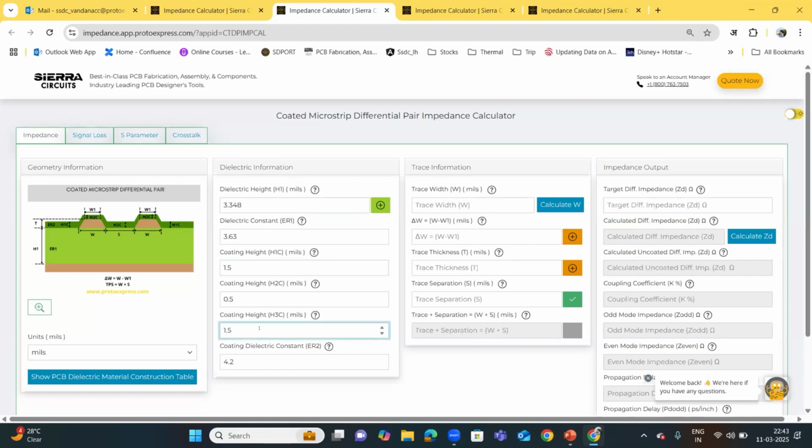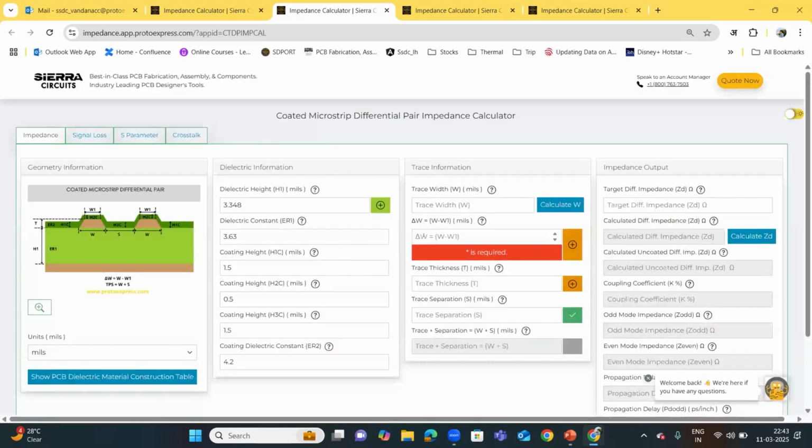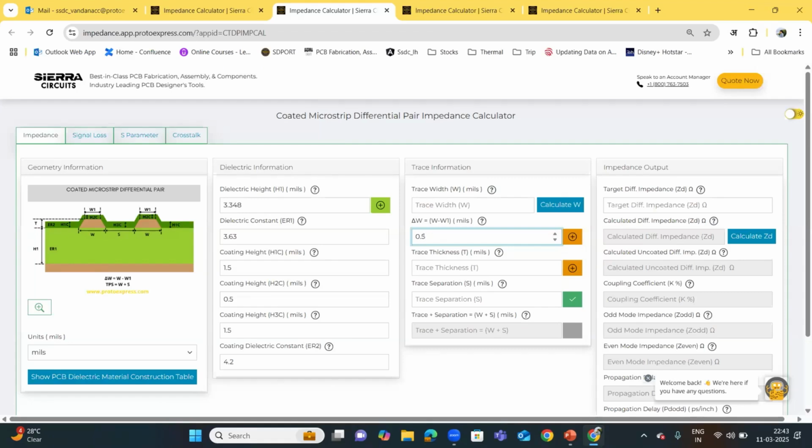Let's go with the coating height H3C 1.5 and enter delta W here. Delta W is the difference between the top of the trace and the bottom of the trace. You can click on this help content and a table will be displayed that suggests delta W values based on the starting copper weight. You can use it as a reference. Let's go with 0.5 for now. Enter trace thickness,